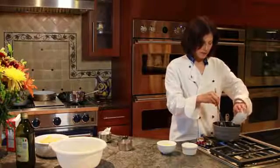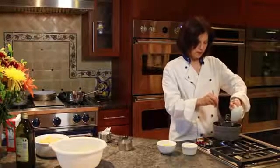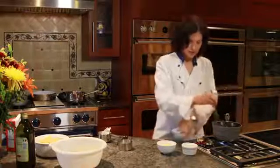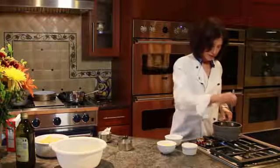I'm placing in 3 tablespoons of flour. I'm doing it with a wire whisk so that we don't get lumps and bumps in the sauce. And once we have that all blended, I'm going to add in